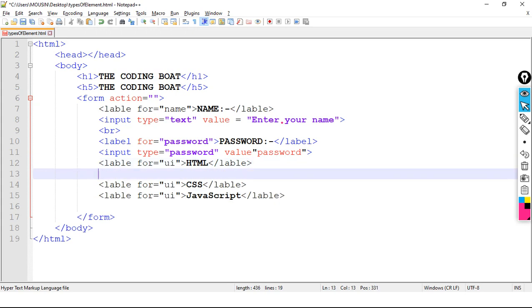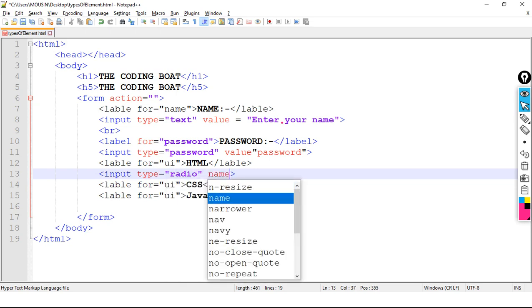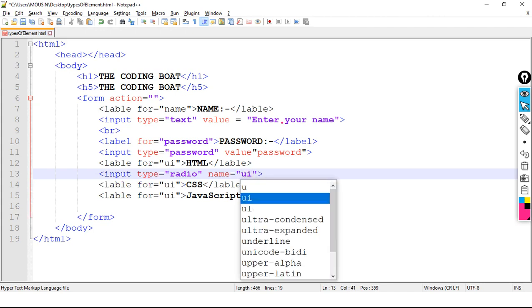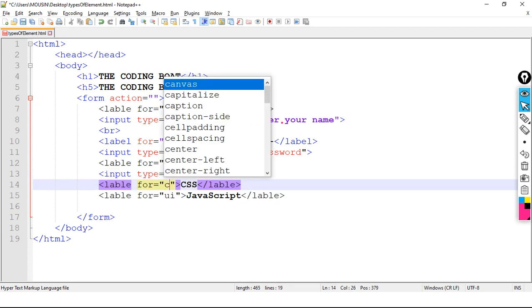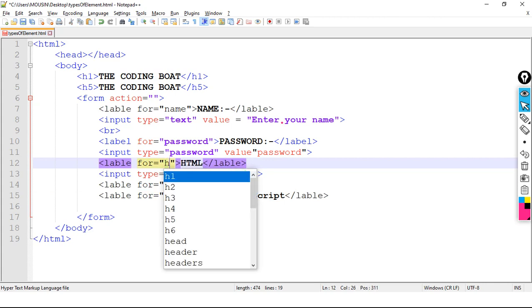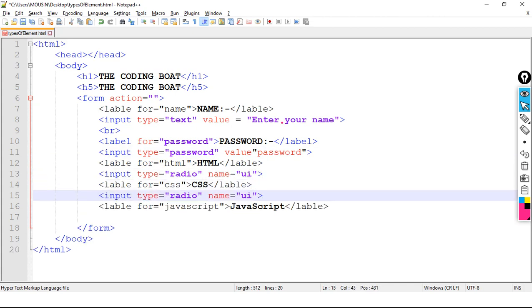Now what I am doing, input type equal to radio, name equals UI. Here I will have to make changes for CSS, for JavaScript, and for HTML. Now I need to take three radio buttons.